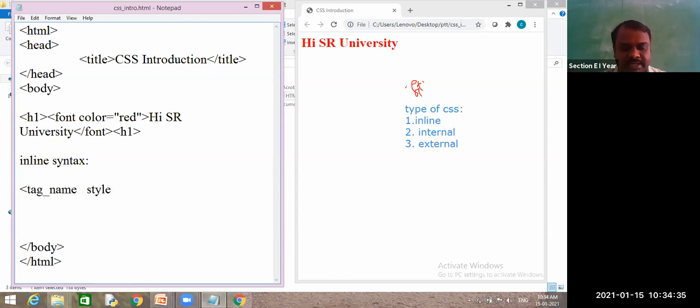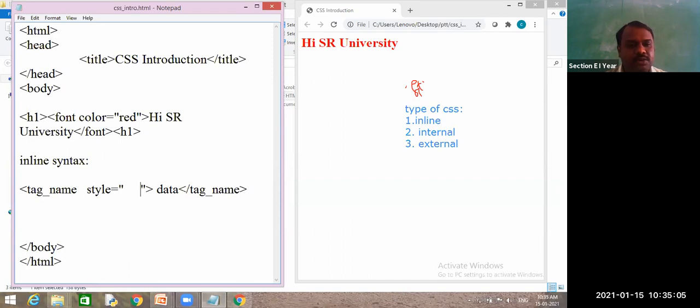Without style, you can't give a CSS property to your element. Style equal to, and you need to give your CSS property here, and the data you want to be displayed in this format, and you need to close the tag. This is the way I have to write.